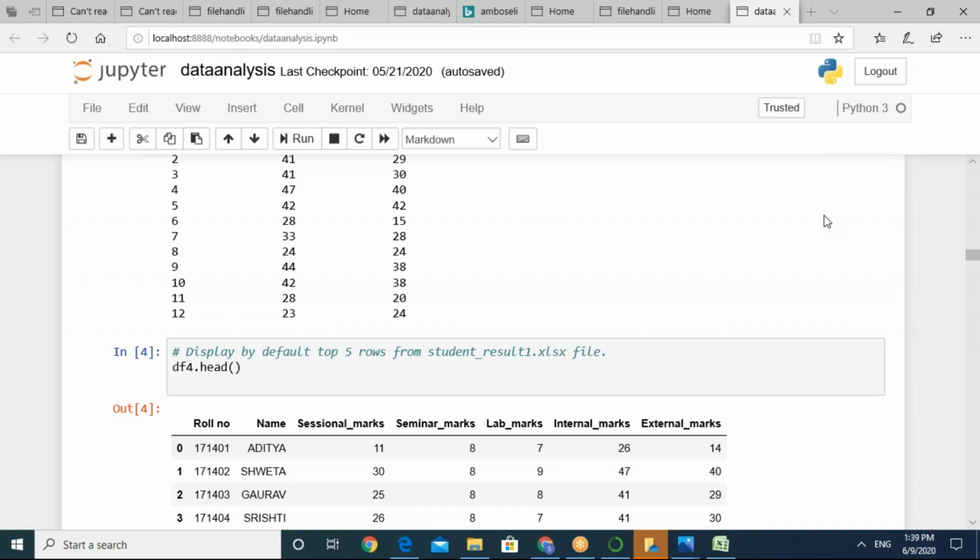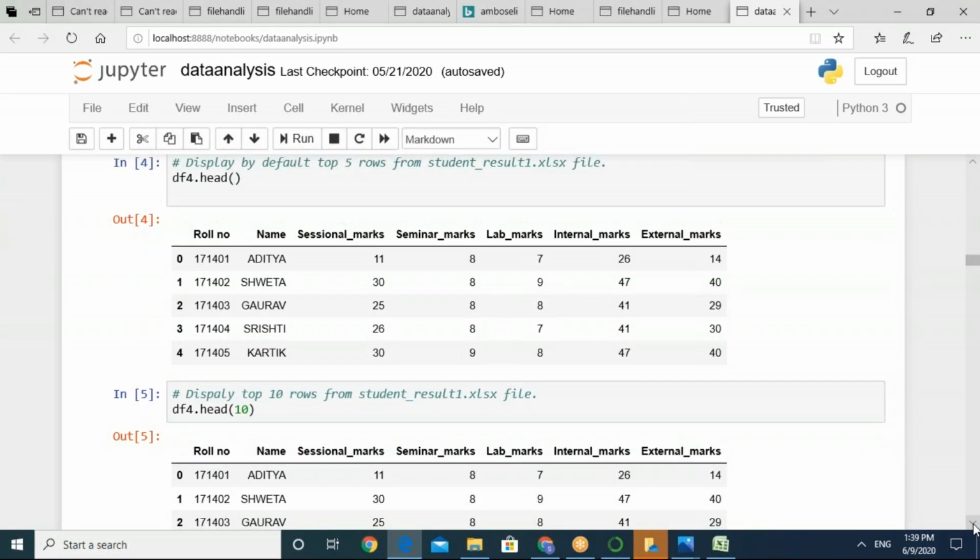So is it okay to all of you? If we don't need the whole file, we can fetch some records from it. And you can also pass a numeric value to the head and tail methods. Let me show you one more. If you leave head empty, it will show only the top 5 records. If you pass a numeric, integer value, it will show you, say, 10 records. Similarly, you can pass an integer value inside tail also.